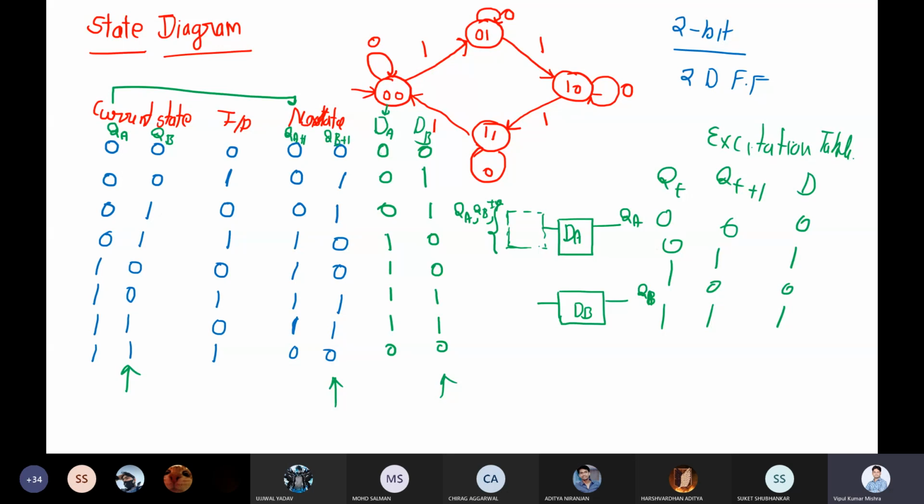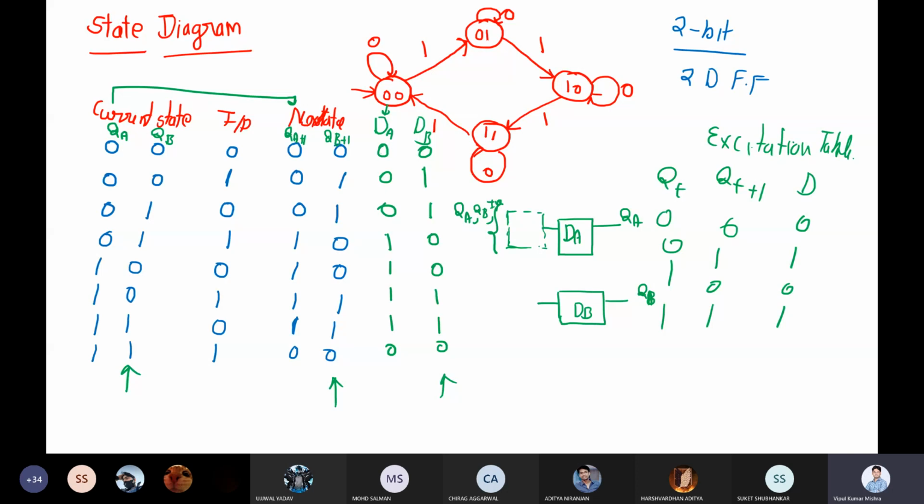This part we will see in the next lecture: how we can make the equations. Now you will simply take the K-map for DA and the K-map for DB, and the inputs for the K-map will be QA, QB and input. Based on that you will make the equation. That part we will see in the next class.